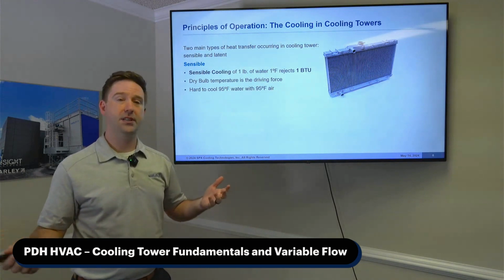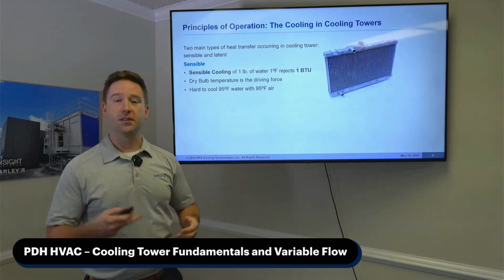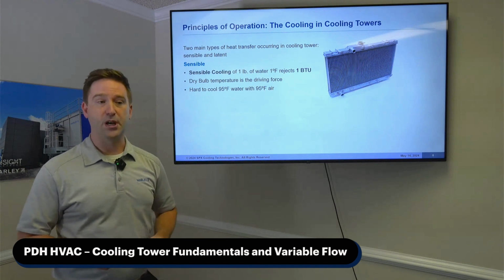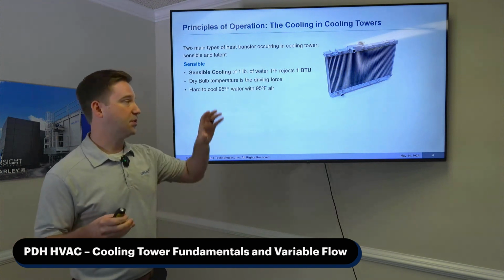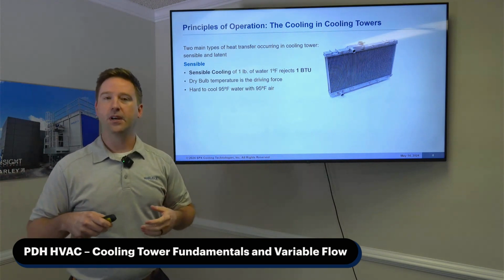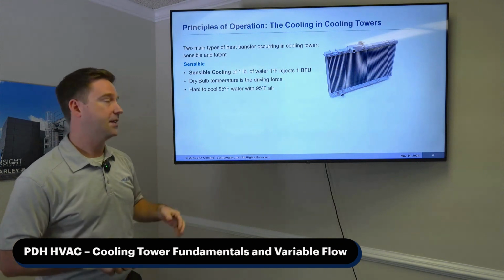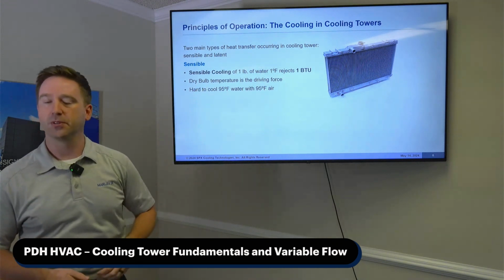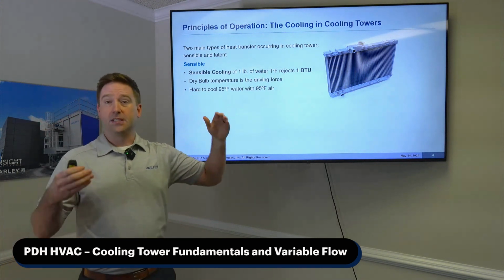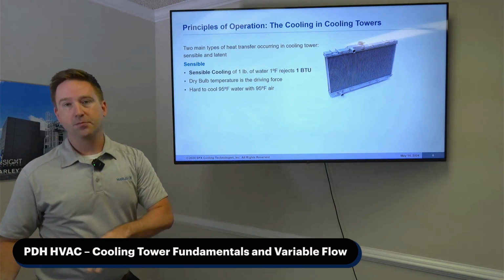So in the cooling process, there's a couple different types of cooling that happen. So there's sensible cooling. You can think about this like the radiator in your car or the HVAC system outside of your house. It's an indirect cooling, so air is going to be cooling the fins and the coil, and then inside that coil you're going to have your fluid, and then that coil is cooling that fluid. Now that's a sensible type of heat, and so that's going to be driven by your dry bulb temperature. And so with that, typically you're going to be seeing that the cooling is going to be about 1 BTU whenever you cool 1 pound of water 1 degree Fahrenheit.